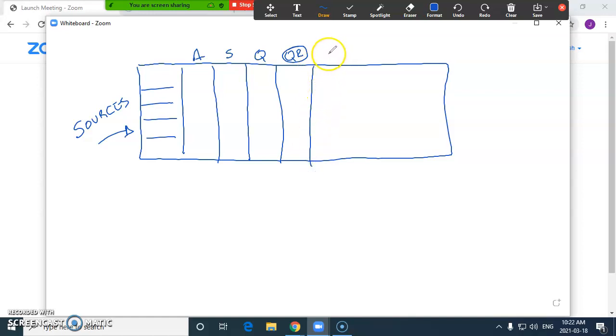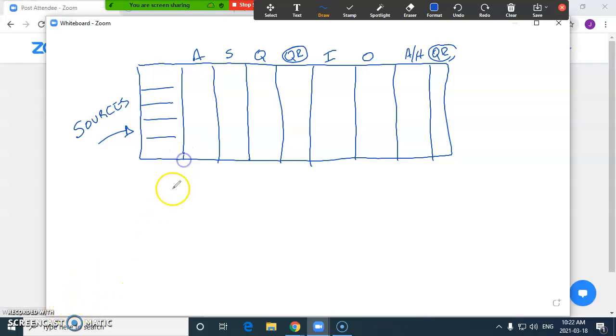Then you have interviewed, then you have offered, then you have accepted or hired, and then you have another QR value per hire. When you're figuring out your funnel and how you determine your yield, this line here represents the screening of the applicants,